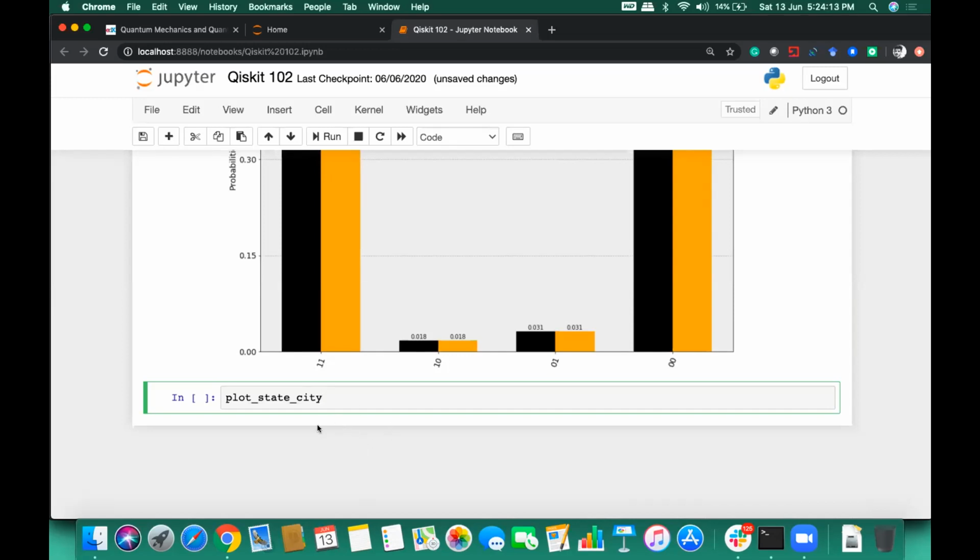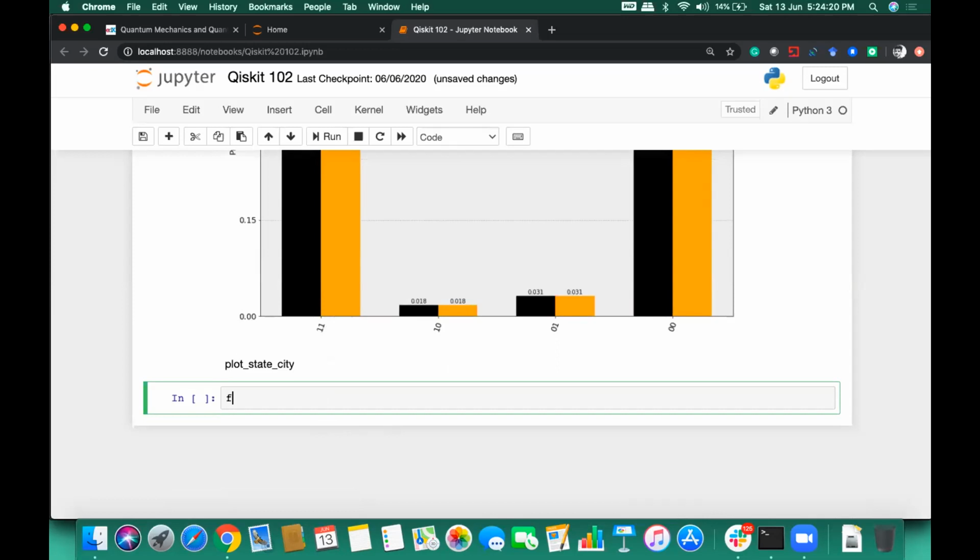Okay, so let's write the code also simultaneously for this. So from Qiskit dot visualization, we can import. Instead of plotting a state which we have already covered, let's plot the plot state Q sphere. For that we can import plot bloch multi vector.